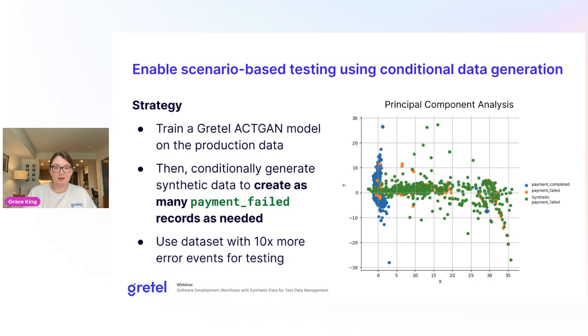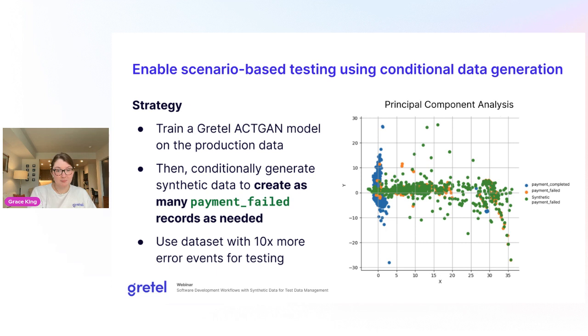So to do this, we train a Gretel ActScan model on that production data, that incredibly unbalanced data set we just looked at. And then we conditionally generate synthetic data to create as many payment failed records as we need. And just to back up a second, the Gretel ActScan model is one of our deep learning synthetic models that in this case we used because it's great for highly dimensional data. I didn't show all of the different columns in our production data, but this would be a table that has maybe 30, 50, 100 columns with various event information, and we really want to identify what the patterns are for those payment failed